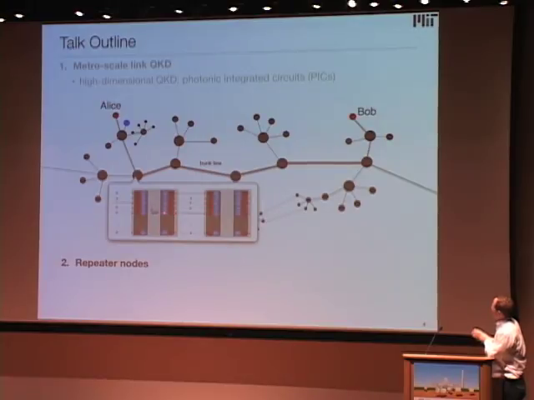And then an important challenge of the repeater is that we need to implement an entanglement swap operation between those memories that were successful. So in this case, between the memory here and the memory over there. So this requires an efficient entanglement swap operation. That's one of the key challenges that still have to be overcome to actually enable the first quantum repeater. There isn't a quantum repeater demonstrated to date.